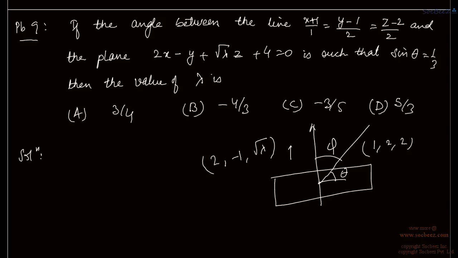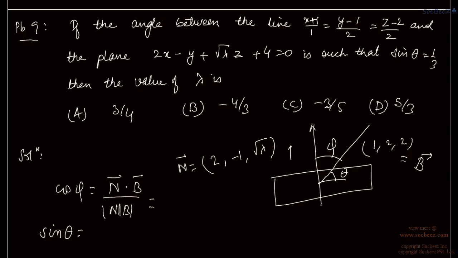So the angle between these two vectors, say this is phi, can be given as cos phi is equal to this vector dot this vector. Say this vector is the n vector and this vector is the capital B vector. So the angle between these two vectors is n dot b upon magnitude of n times magnitude of b, right? So we have this cos phi, which is also equal to sin theta, isn't it? So sin theta is equal to cos phi.